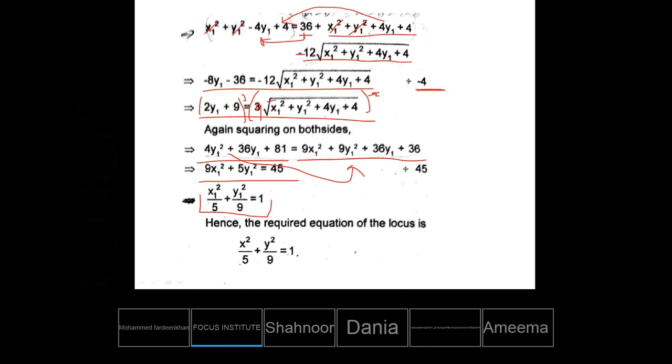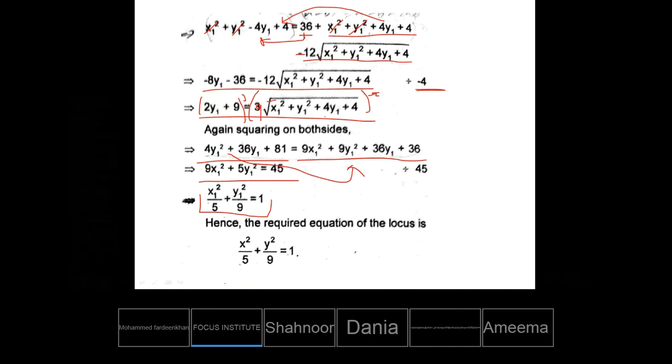Okay. For the class from 4 to 5, the link is different. We will be having a revision class of locus, because locus carries 4 marks. It is a golden chapter because you have to learn only 4 to 5 formulas and you can get up to 4 marks easily. In other chapters it's a bit difficult because you have to learn more formulas and be perfect with more content, and there are more questions. So this is the easiest golden opportunity you have. That's why I'm revising this chapter.